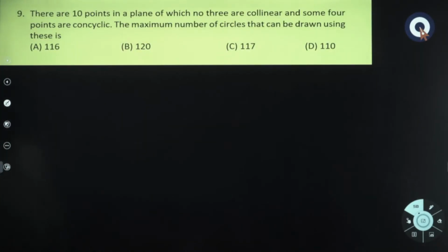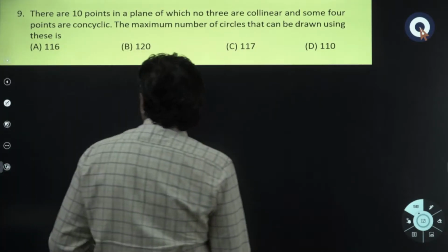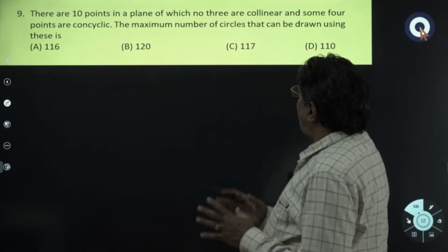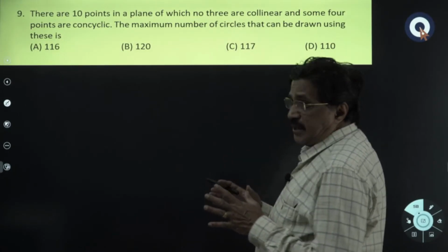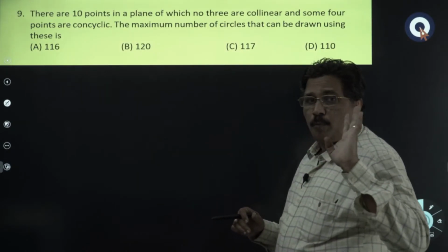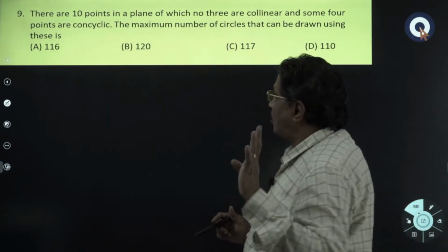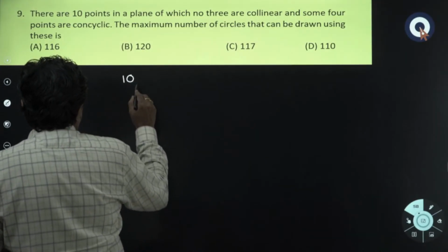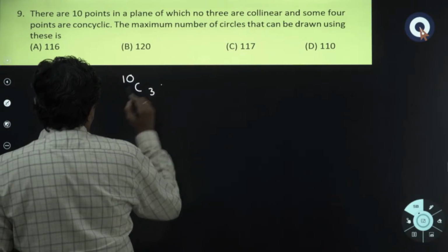There are 10 points in a plane of which no 3 are collinear and some 4 points are concyclic. The maximum number of circles that can be drawn using these points. So there are 10 points in a plane of which no 3 points are collinear, but some 4 points are concyclic. So what we will say, out of 10 points, select any 3 points,